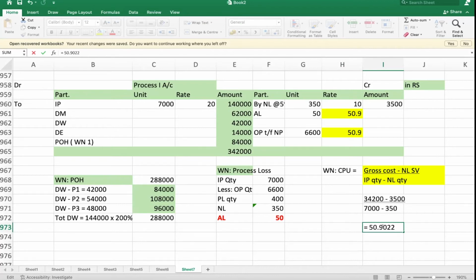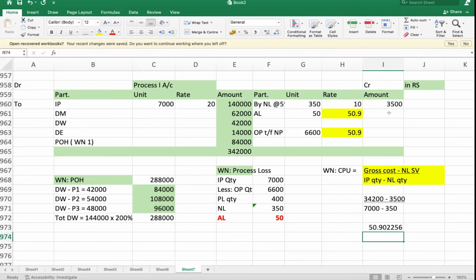55639. For writing purpose, you may have the privilege to write only 2 digits, 50.90 is sufficient. But for multiplication purpose, you have to take the exact value. Then only the process account will tally. Otherwise, a difference of 50 rupees or 100 rupees will come. Are you able to follow or not? Anyway, the calculator is only going to do it. You should know how to use the M plus and all to solve the problem.